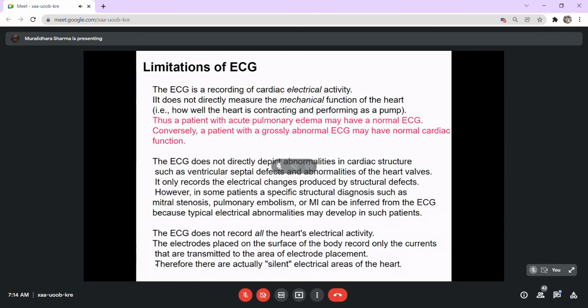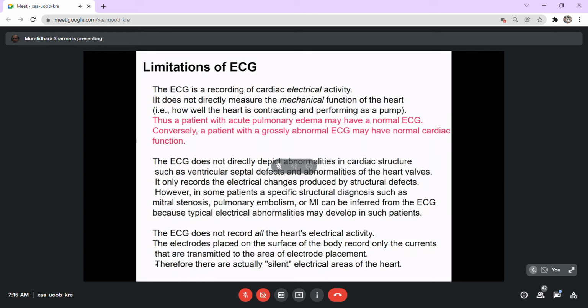So if there is a left to right shunt, there is a possibility that the right side will become hypertrophied, with a tendency for the shift to the right. Or at times, the patient's condition, like these abnormal waves, may produce complications like embolism, which can be fatal, but that cannot be made out with the ECG. ECG can never be useful to make out embolism-like conditions or abnormalities of the circulation.